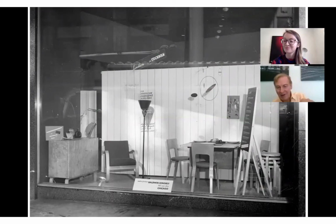You went very quickly past the dining room. We'll get back to the dining room in a second, but since you brought up Baldwin Kingery, first of all, I love the fact that she bought some of these things there. And this is a photograph of the Ohio Street window at Baldwin Kingery, which I learned about